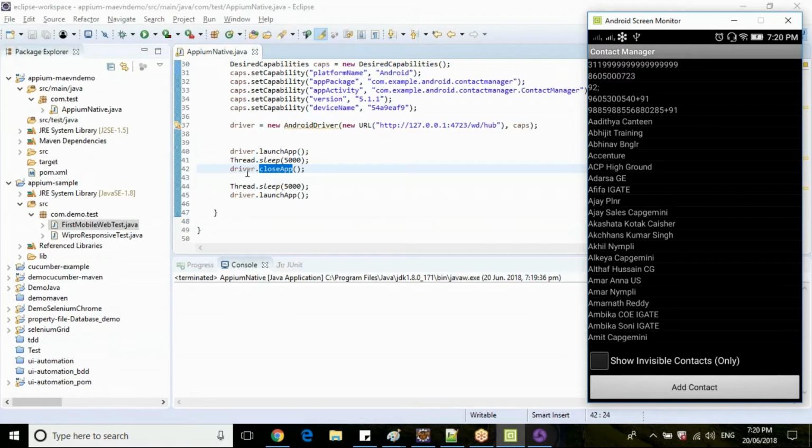Normally in WebDriver, if you write driver.close, what will happen, guys? What is the difference between driver.close and driver.quit, guys?